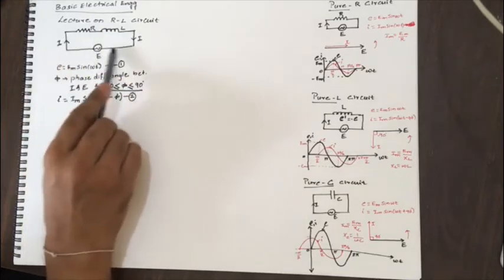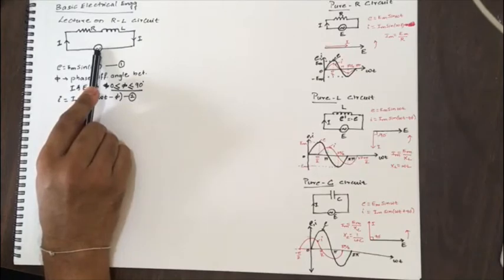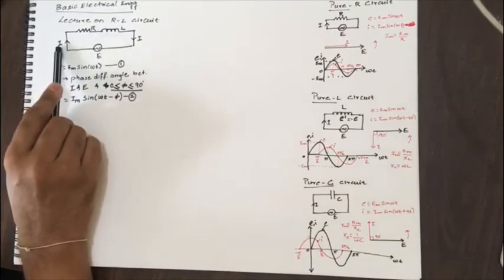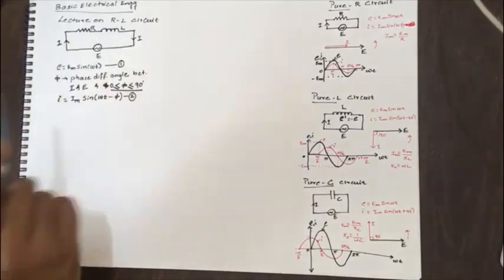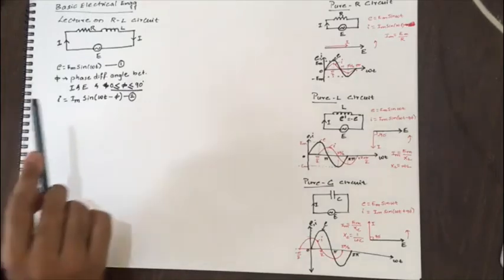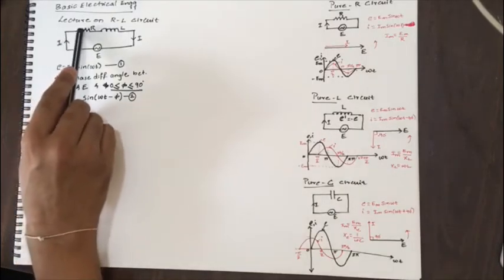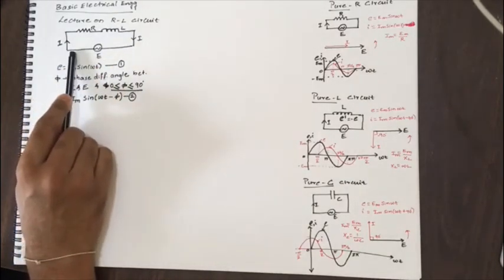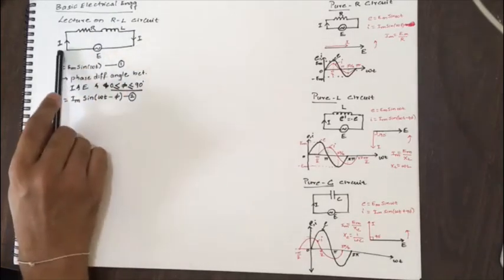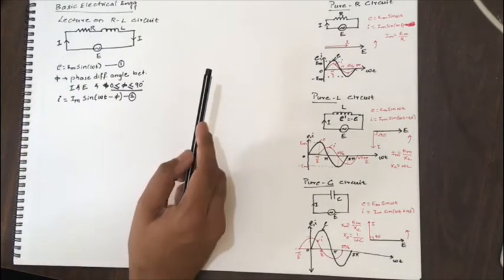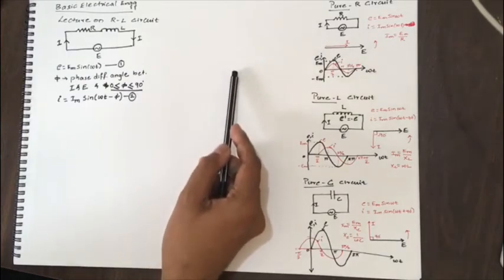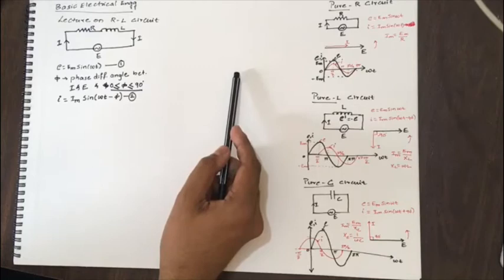When the circuit is a series circuit, the reference vector to be taken is current, because when we draw a phasor diagram for any circuit, the reference vector taken is the vector that represents the common quantity. In a series circuit, current is common in all the elements. Therefore, the common quantity in a series circuit is current. Hence, we should take current as the reference vector. If the circuit is a parallel circuit, then the common quantity is voltage. In that case, I take voltage as the reference vector.